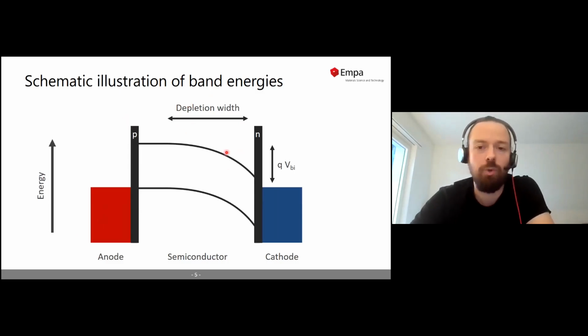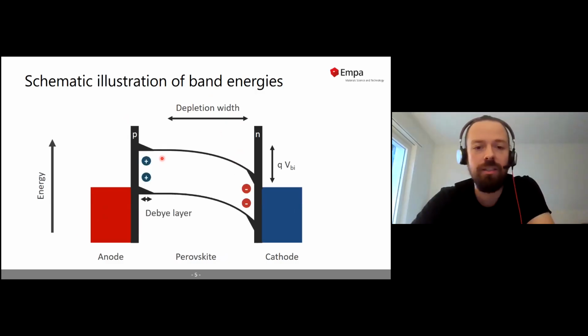And then if we have a more low doped semiconductor, this line would be rather more flat throughout the whole semiconductor layer. But now in the case of perovskites, we also have mobile ions. And these mobile ions will now accumulate at the interfaces of the perovskite layer to partially screen out the internal electric field and also slightly change the band diagrams at the interfaces,